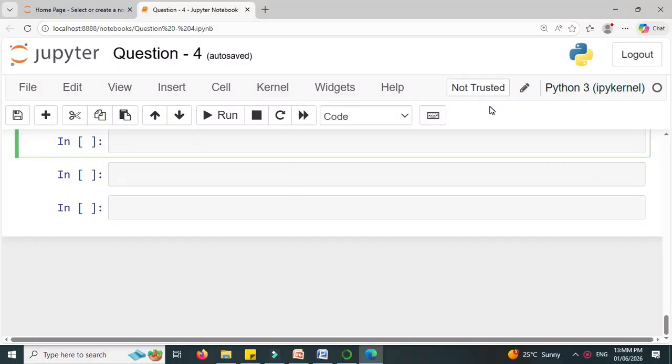Here we will write a program to accept fruit names, store them in a list, and convert all list elements to uppercase using list comprehension. So first, in a comment line, we will write